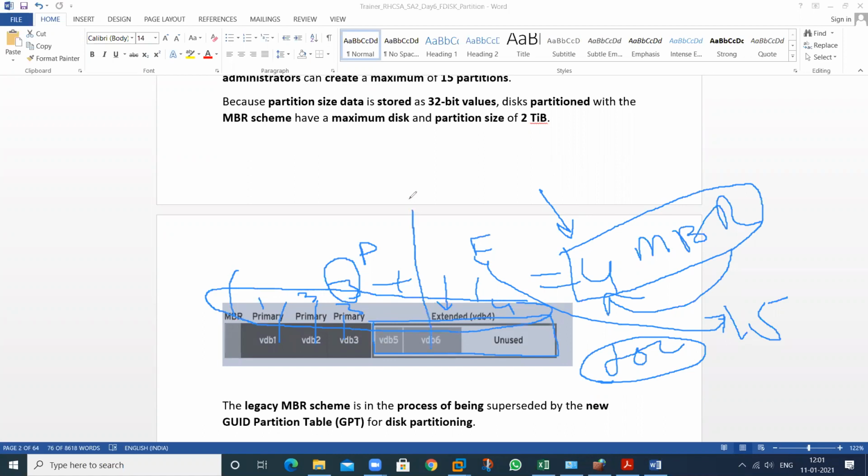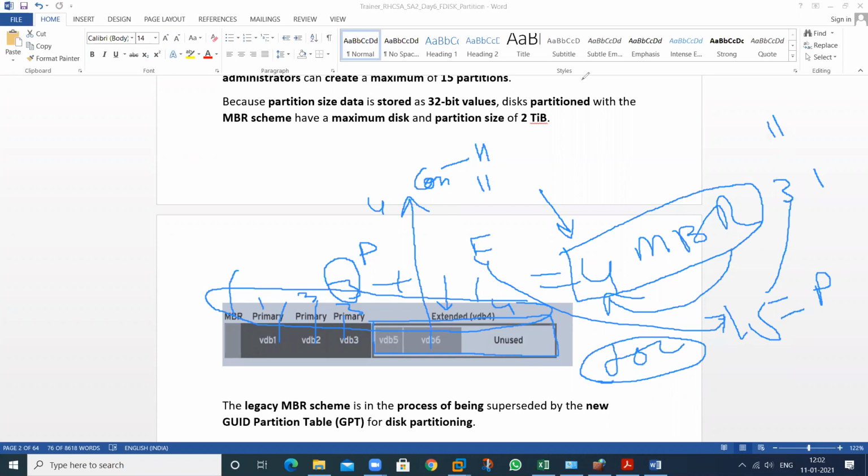And this is just a jugaad type. It means this provides a functionality. If you want to use more than 4 partitions, you should use this particular space just as a container. And in this container, you are able to create 11 logical partitions. How many partitions? 11. So this is a good concept that you can use in your environment. Then you are able to create these 15 partitions. In these 15, 3 primary, 1 extended and 11 logical.